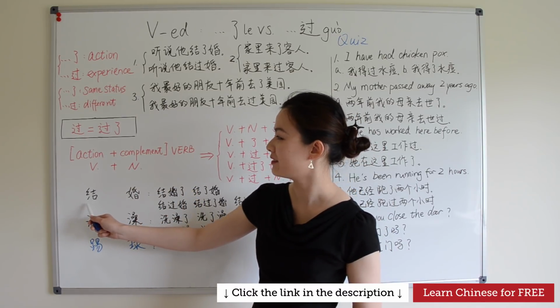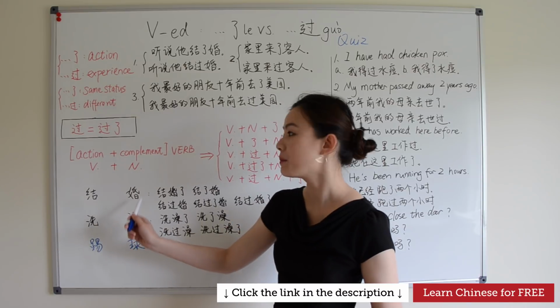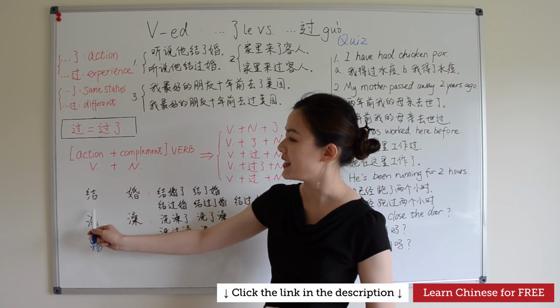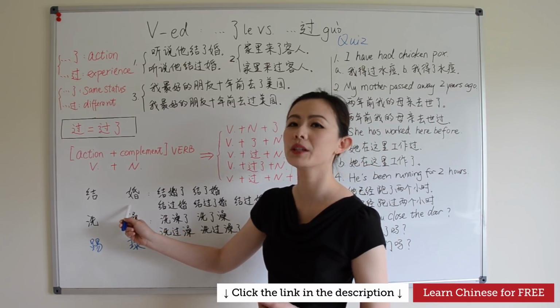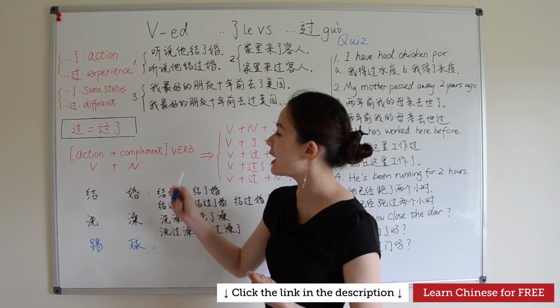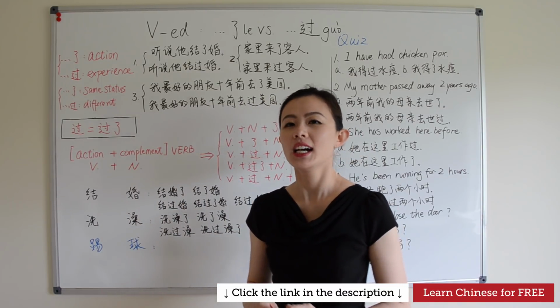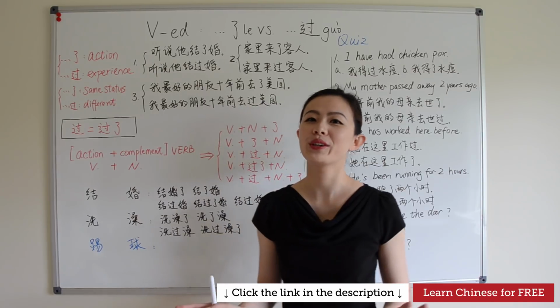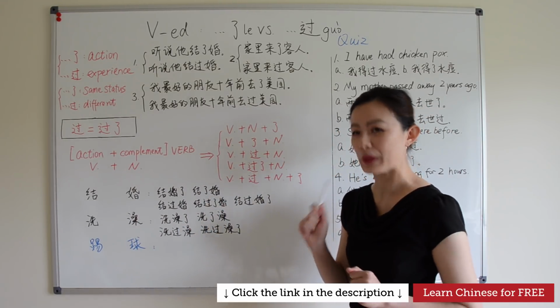Like this one, 结婚 together is a verb, but it consists of 结, the action, the verb, and 婚, the complement, the noun. So how do you say someone got married or has been married? Well, there are a few different ways. So here, the first way is